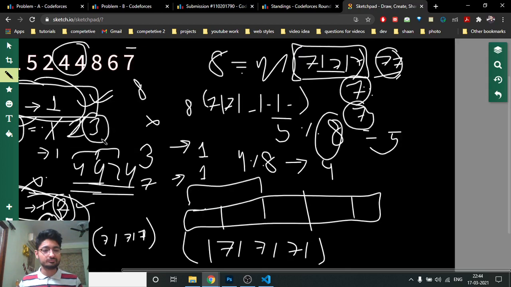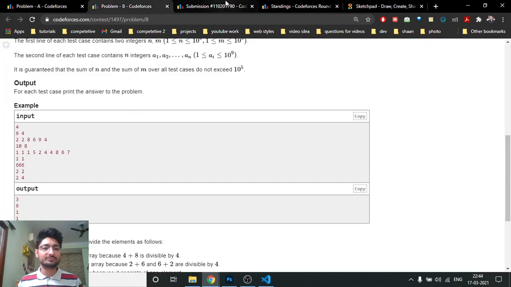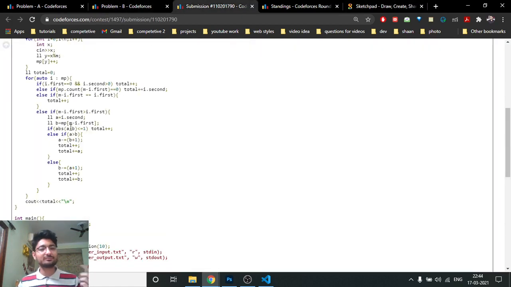For these modulus pairs, we'll find out which is maximum. So there are two values, a and b. If the first one is maximum and their difference is less than or equal to 1, we just increment the total. If a is greater than b, we subtract out how many numbers are forming the smaller group.